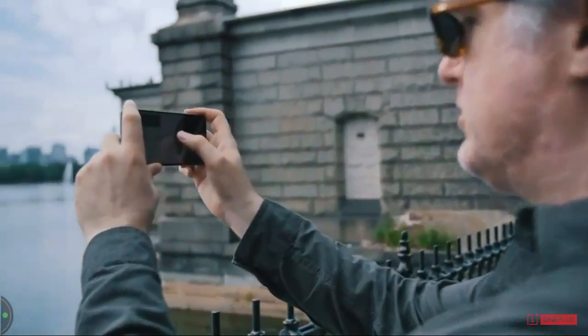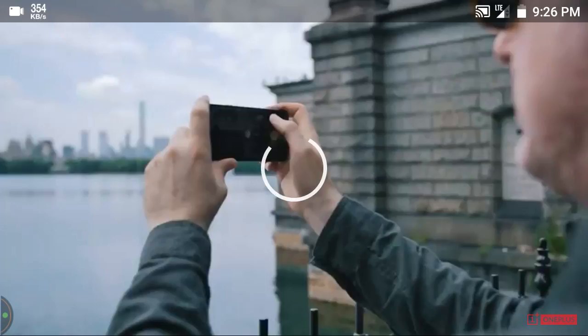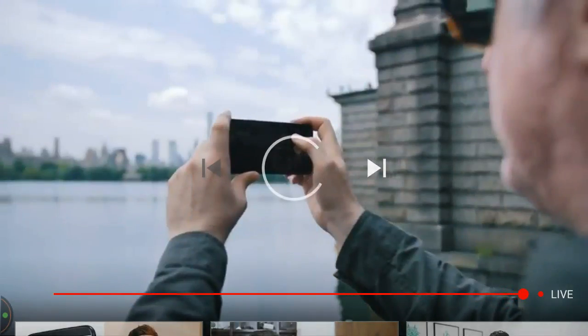In low light conditions, you can bring up the exposure. By increasing